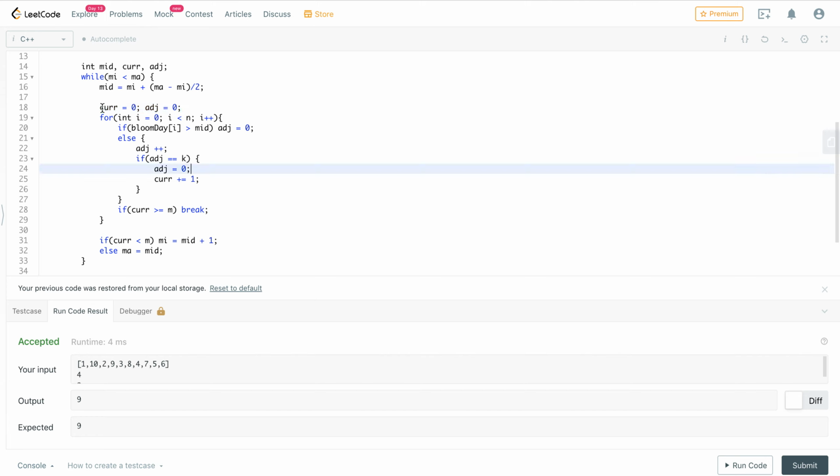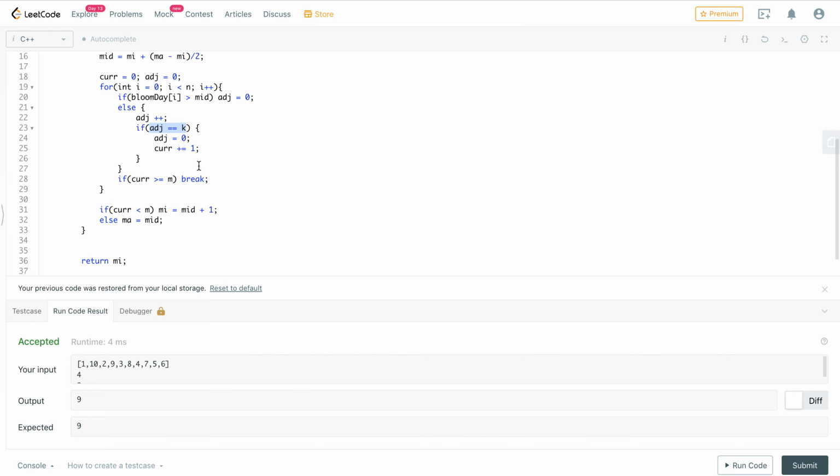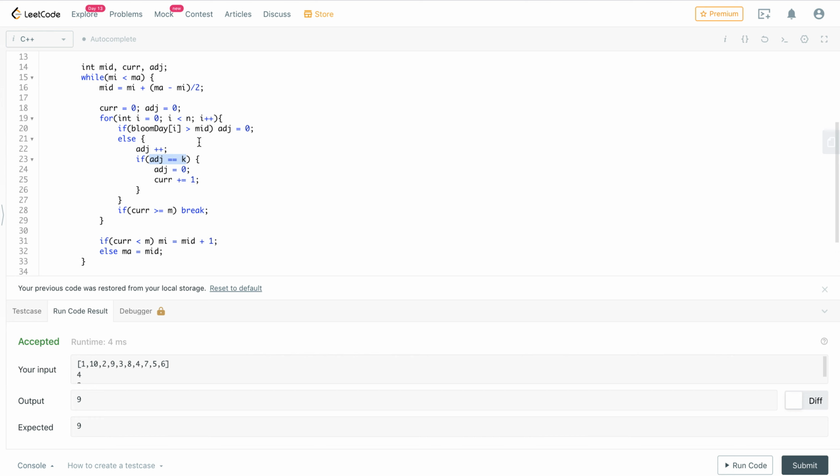Here as you can see I am just keeping 2 variables, current and total adjacent flowers that we'll take. So whenever we see that the bloom day of i is greater than the number of days that we have, the mid, that means this particular flower hasn't bloomed yet, then we'll simply reset our adjacent flowers to be 0, and otherwise we will increase our adjacent flower count. And if this adjacent flower count is equal to k, that means we have found a valid group